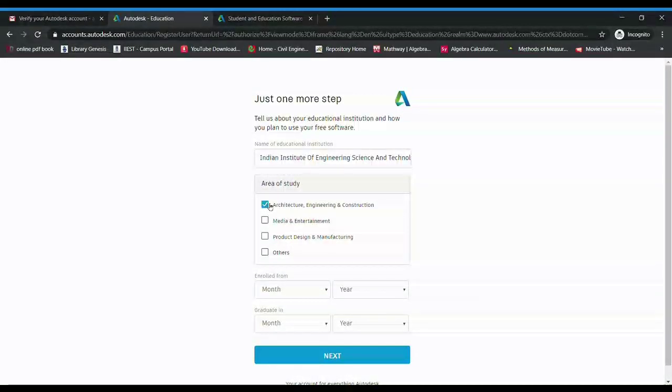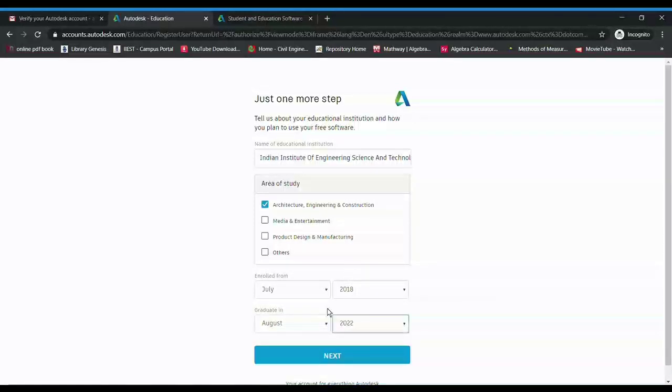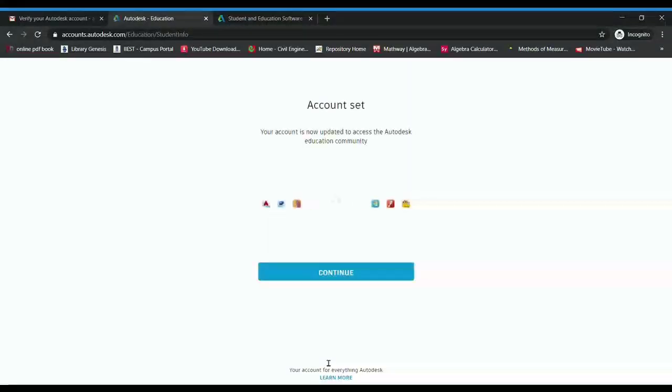Then area of study, for which you are using this software. Then give your admission and expected graduation date. After that, click on next. So now it is showing that your student account is ready. Now click on continue.